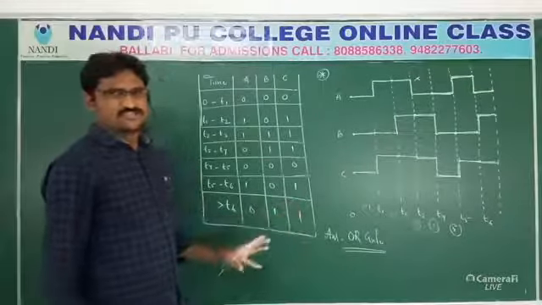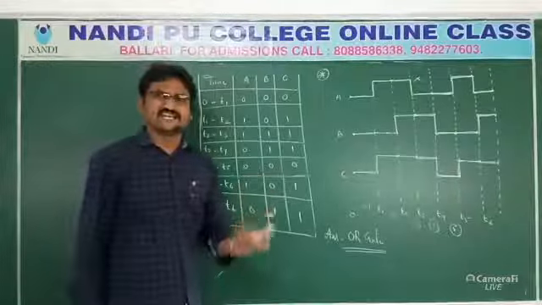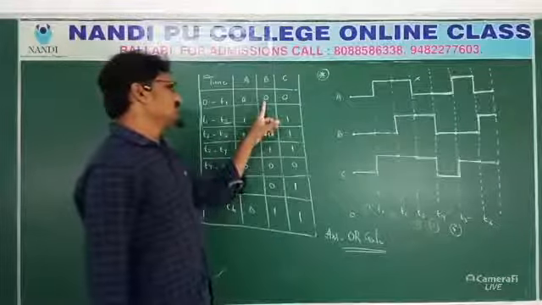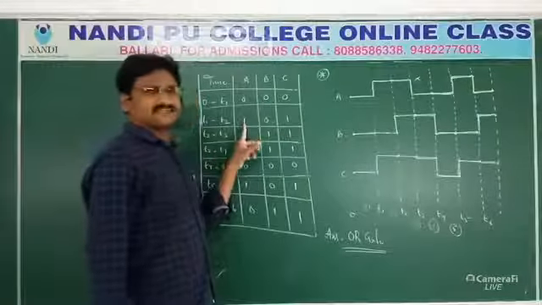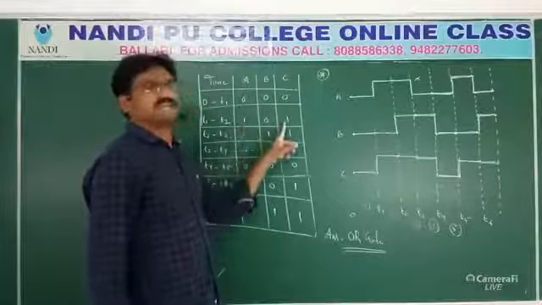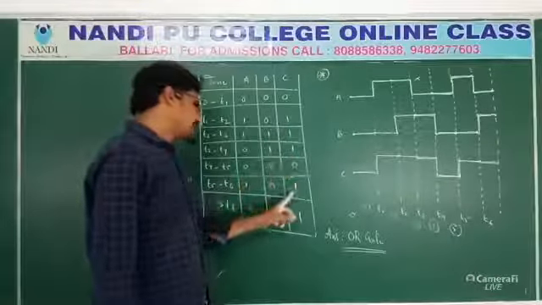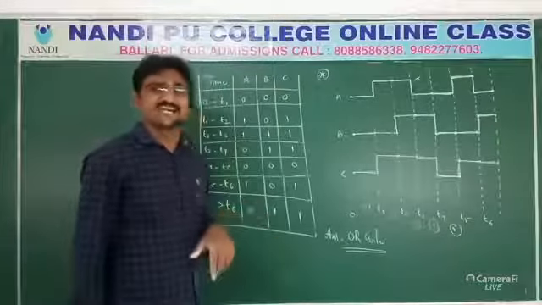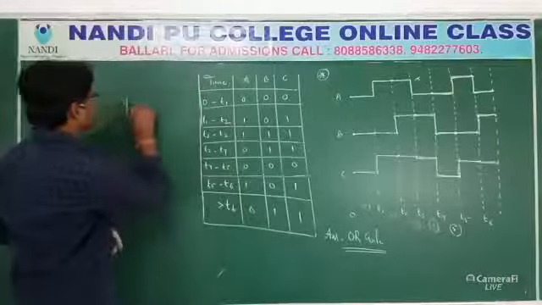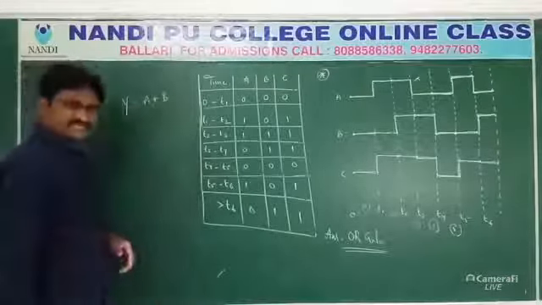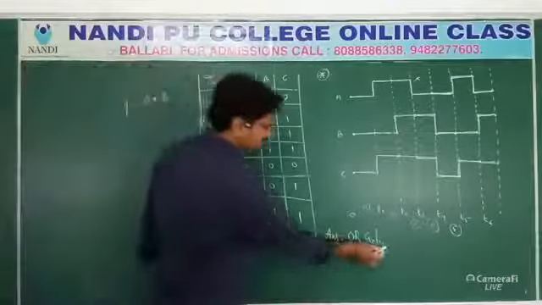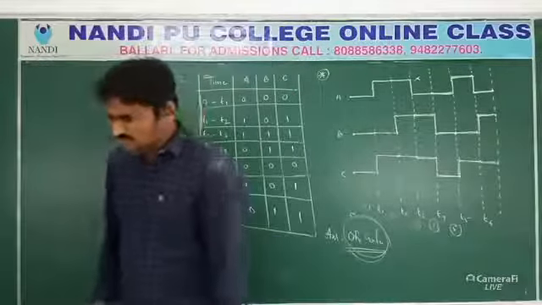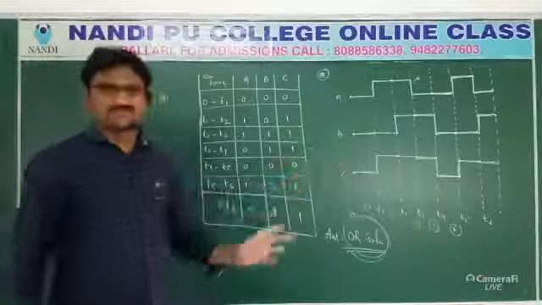See, there is a common logic you can find out whether it is AND gate, OR gate, NAND gate, NOR gate, NOT gate. Basic gates first we try. When two inputs are low, output is low. Any one is high, output is high. Any one is high, output high means which gate it is? AND gate or OR gate? Y is equal to A plus B. Which gate is it? OR gate. So the answer of this given circuit is OR gate.